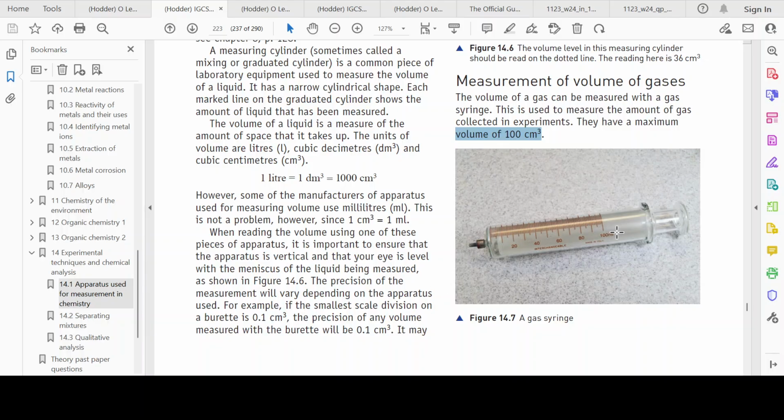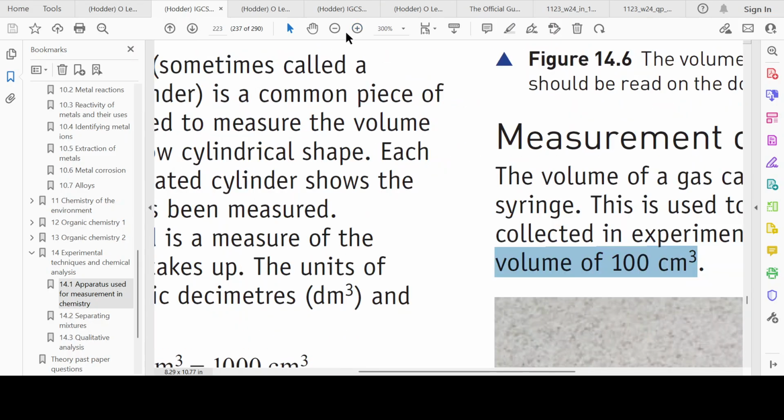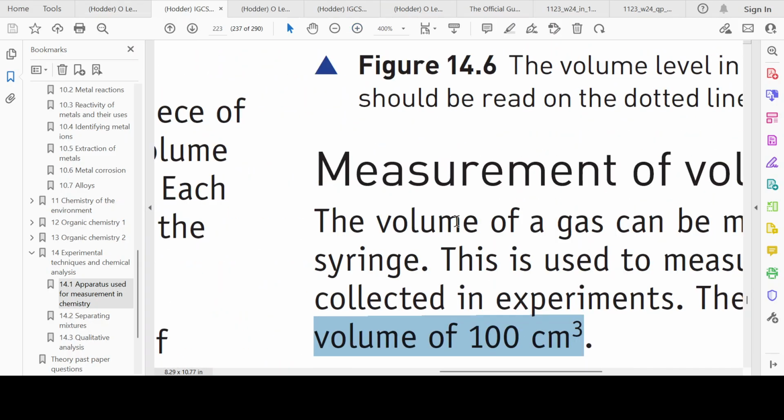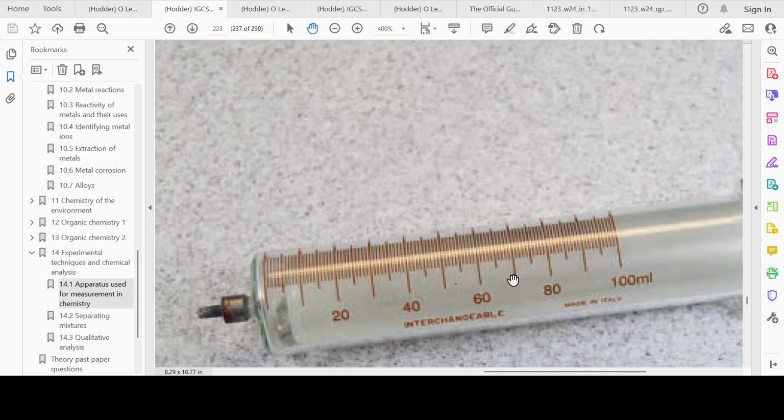And if you're collecting gas, as the gas fills in, it is relatively easy to move the plunger of the syringe. And so as the gas fills in, it will push the plunger up, and it's starting from zero near the end over here where the nozzle is. And so as much gas is collected, you can take a reading. If we just take a look at this in close up,